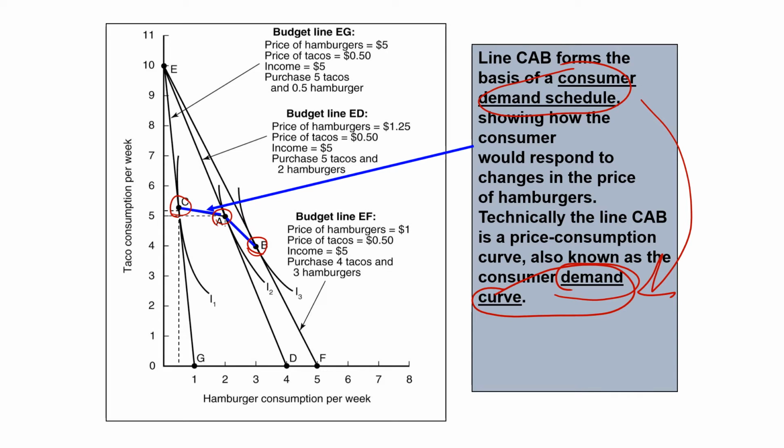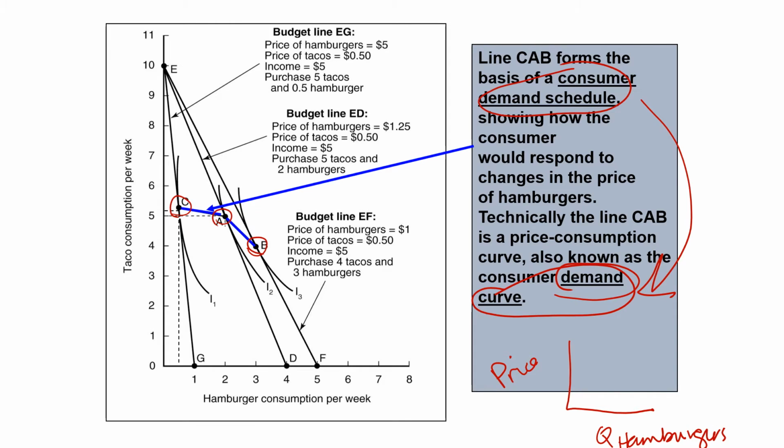We can take these points and change them into a demand curve for hamburgers. A demand curve has quantity of one item on the x-axis, and price of that same item on the y-axis. So we can see here, if we took these exact points,